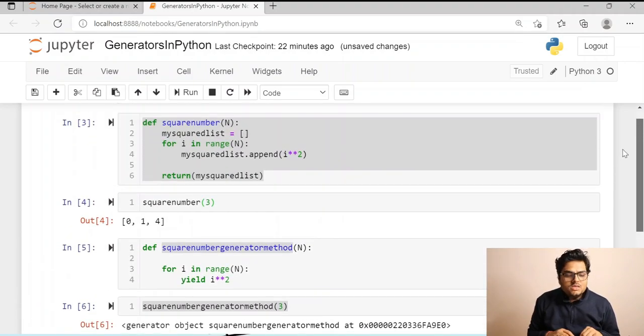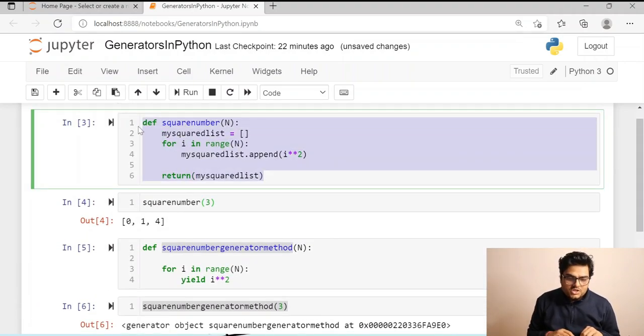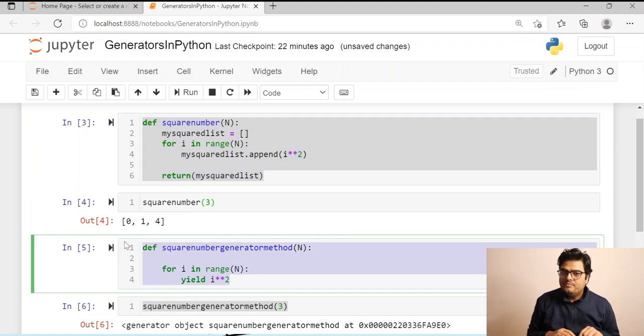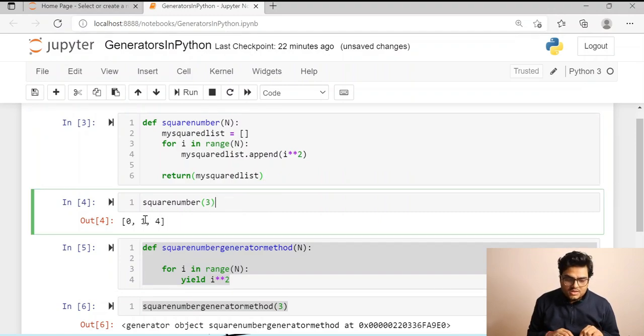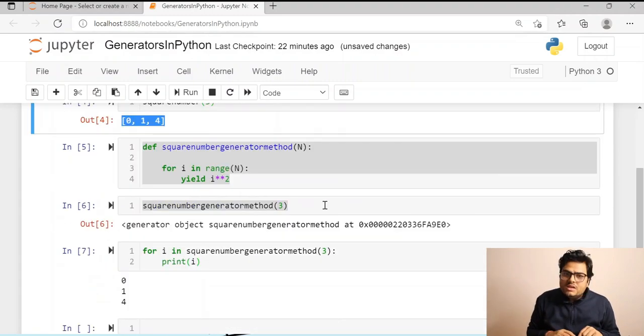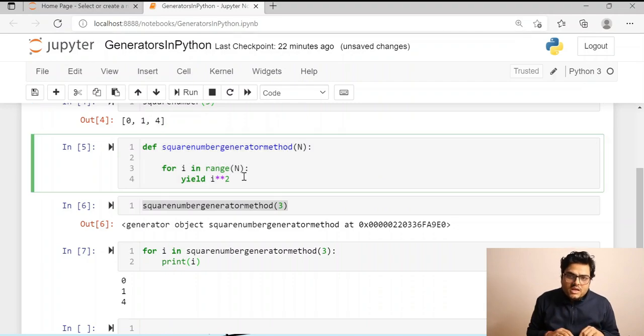Now the important thing to understand here, guys, this is a normal function, and this is a generator. In a normal function, the entire list is stored in the memory. This list 0, 1, 4 is stored in the memory, and when you are asking for the return, the entire list is given back to you. Here in the generator function, nothing is getting stored in the memory. It just says whenever somebody asks for that function, then generate the number and give it one by one. It is not storing in memory. It is giving you one after another. First 0 is given to you, then 1, and then 4.